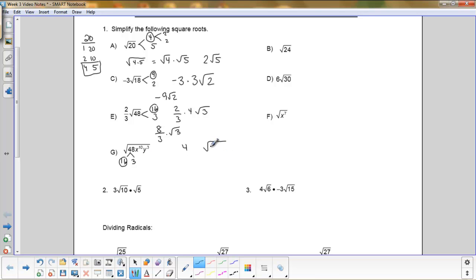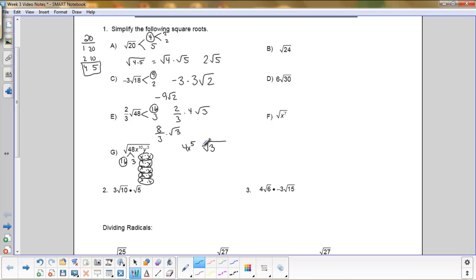The 3 stays inside, so I'm going to put that 3 right there. Now what I do here is I write out my x's. 1, 2, 3, 4, 5, 6, 7, 8, 9, and 10. Now because this is a square root, I'm circling pairs of x's. So that means this pair comes out as 1, this pair comes out as 1, this pair, and this pair, and this pair. Now there are no x's left over, so that means it's going to be x to the 5th power on the outside, because a total of 1, 2, 3, 4, 5 pairs of x's would come out